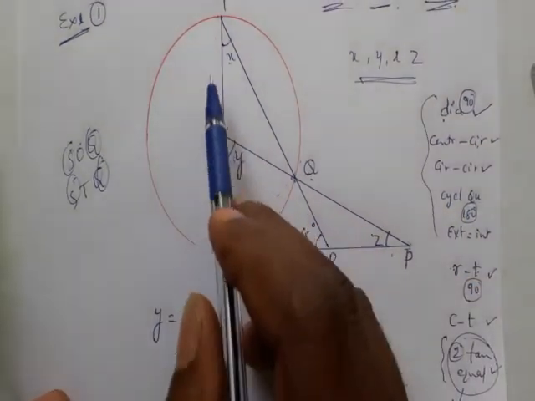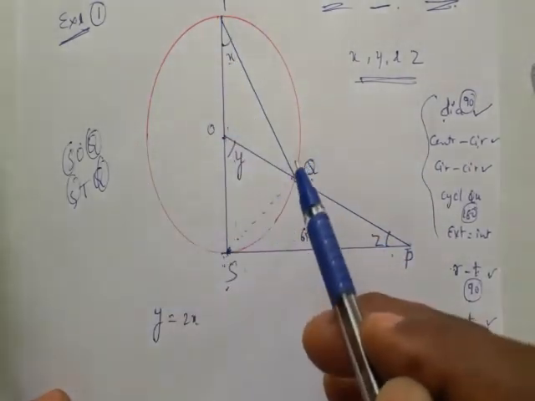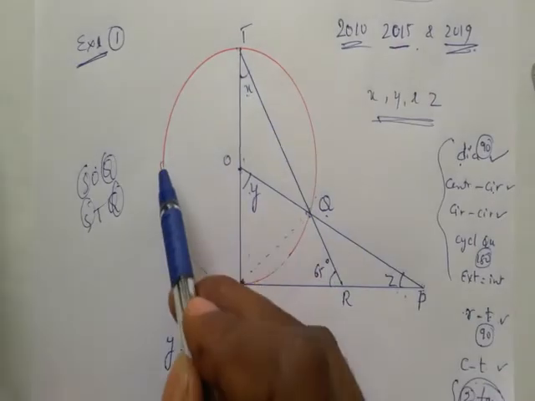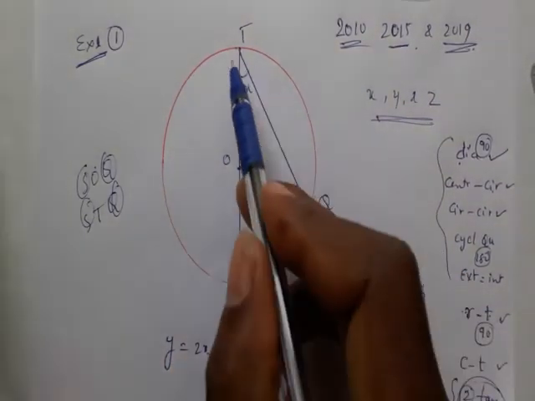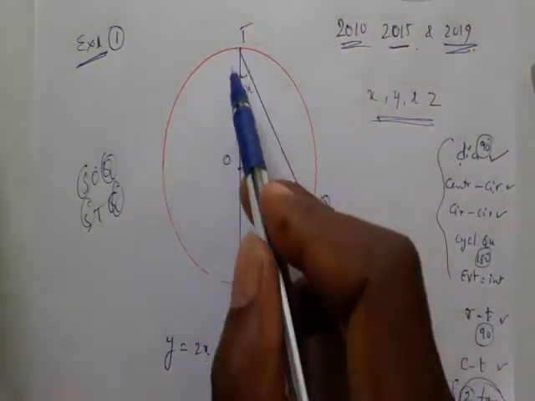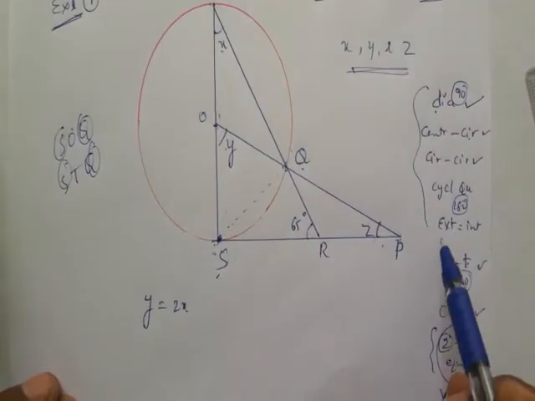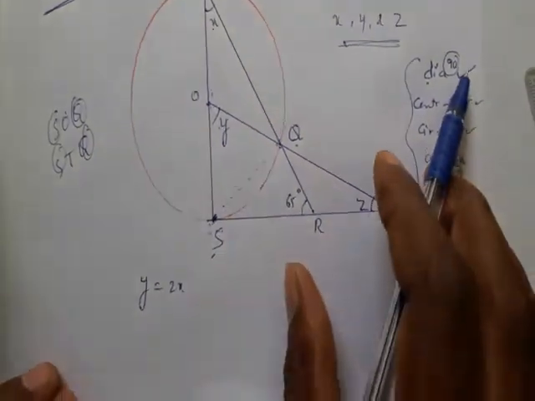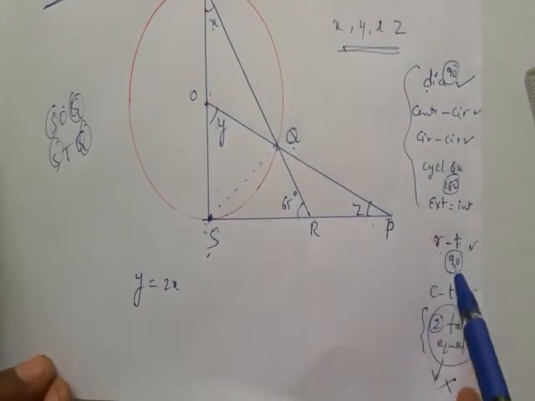Cyclic quadrilateral. In the diagram there is no cyclic quadrilateral, because there are only 3 points on the circumference. If a 4th point were there, we'd get a cyclic quadrilateral. Just leave it. So exterior angle also no. If there is no cyclic quadrilateral, how can the exterior angle be equal? That is also ignored. Now we go to tangents.